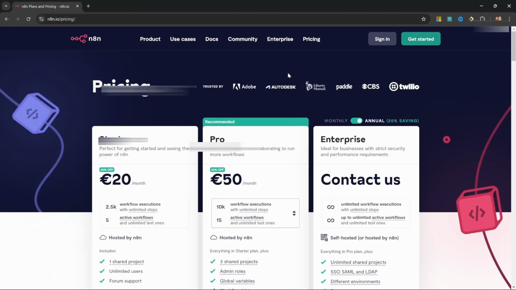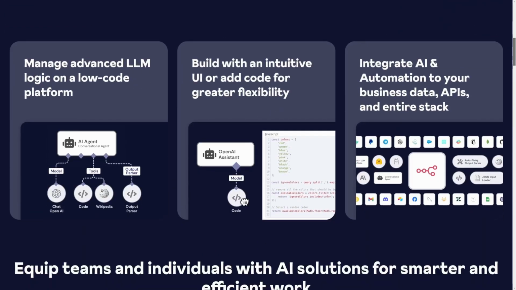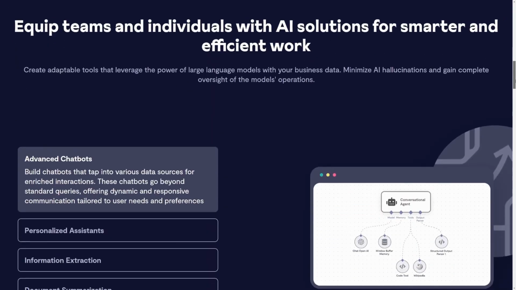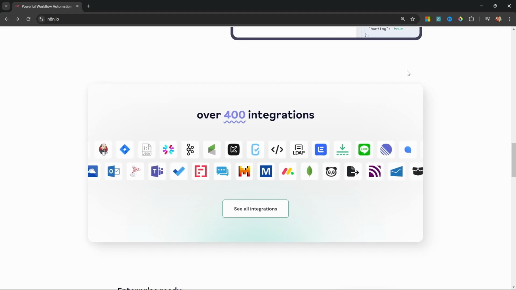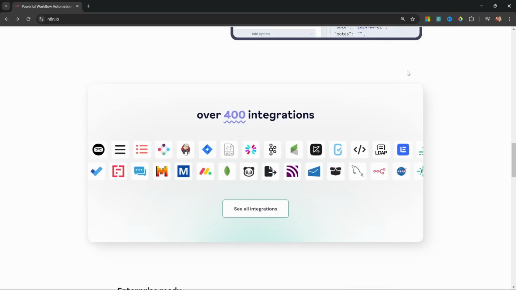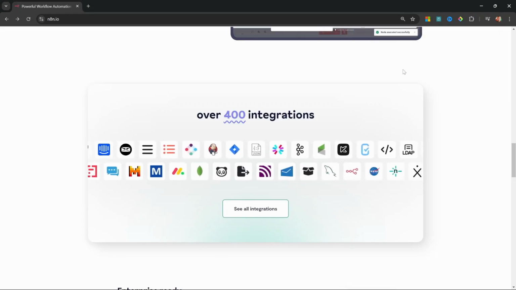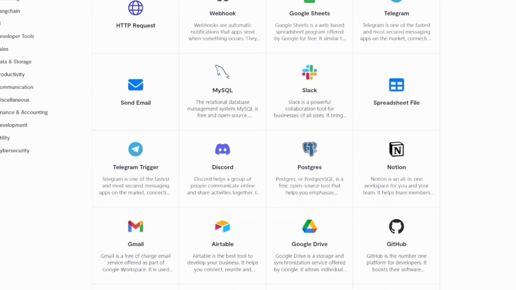Of course, you can also use their paid cloud service if you don't want to deal with installation and updates yourself. With its cutting-edge AI features, N8N empowers you to build automations that are not just smart, but game-changing. It's also worth mentioning that N8N offers integration with hundreds of service providers and external platforms. These range from integration with email providers, social media apps, databases, and many more.